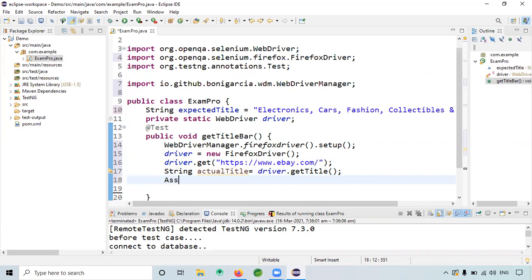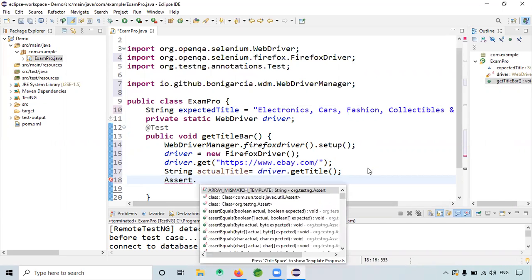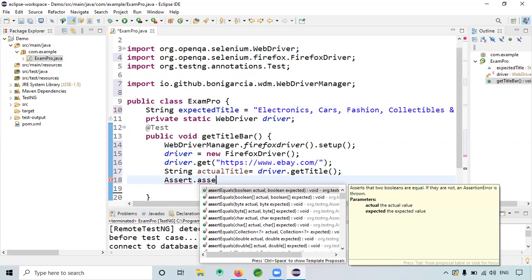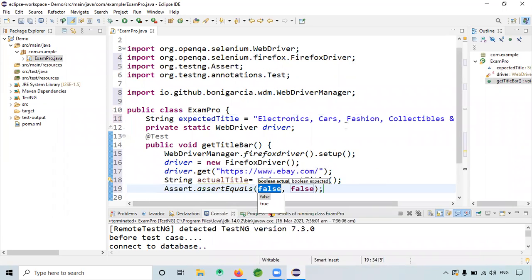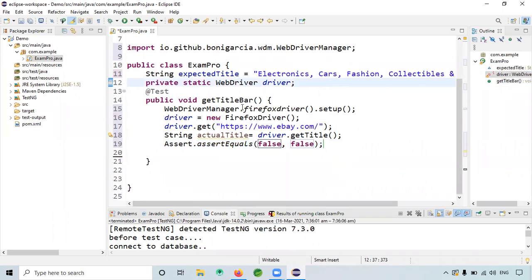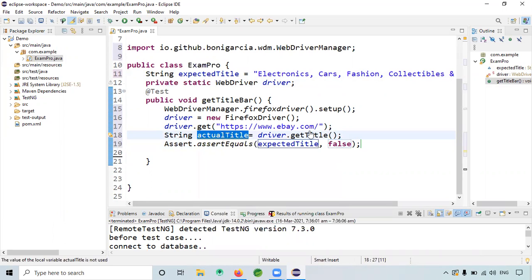I will give assert dot assert equals. Here I will put this as my expected title, and here my actual title.